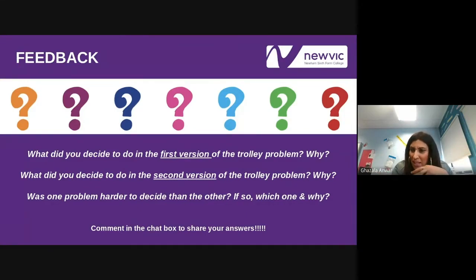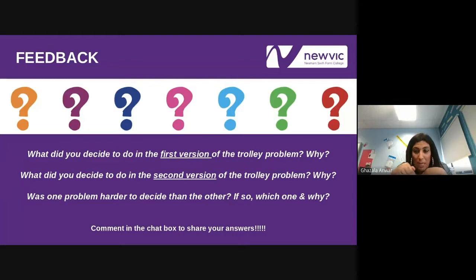Yeah, it's a really difficult situation. You probably just do the quickest thing, whatever that actually means. But it does actually depend on something a little bit deeper than that. If we are looking at this from a criminology perspective, I'm just going to minimize the chat box for a moment because I want to go on to the next slide. But thank you so much for your comments. Thanks, Mariam, as well. You wouldn't know until you're actually in that situation.